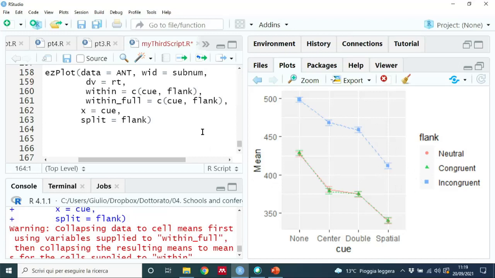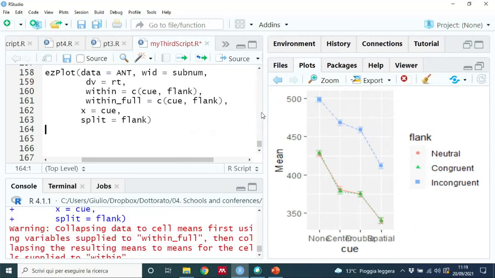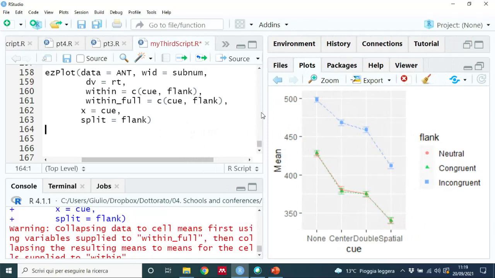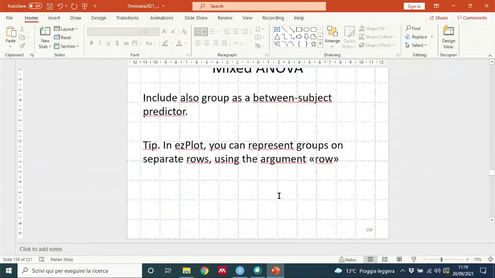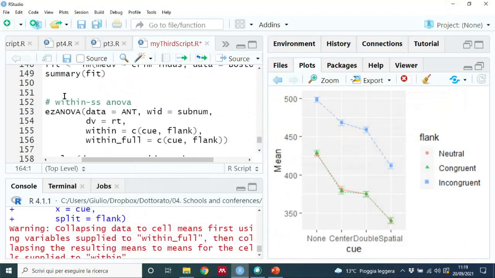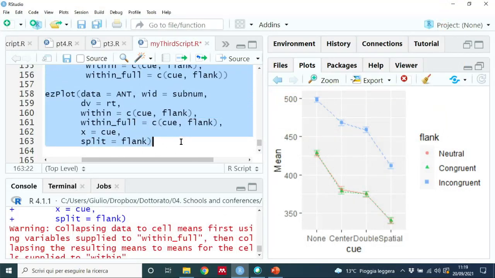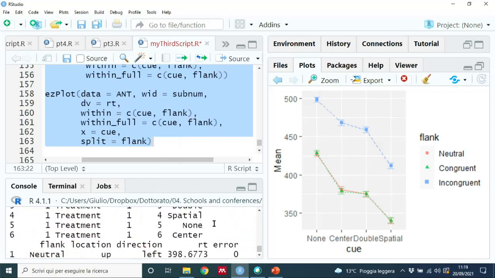And well, that's it. I mean, the easy part is that within subject ANOVA is just an easy extension of between subject ANOVA. And what if you want mixed ANOVA? For example, we have a grouping condition in here in the ANT data. So if we check the ANT data,